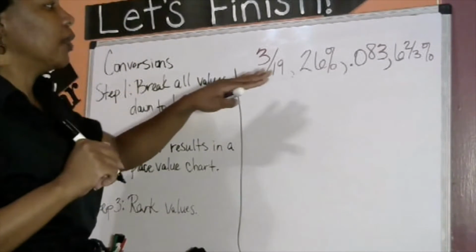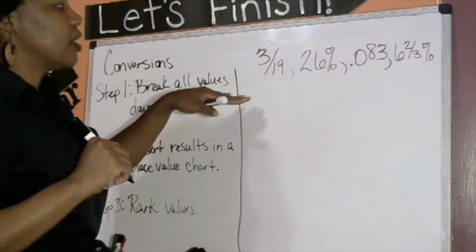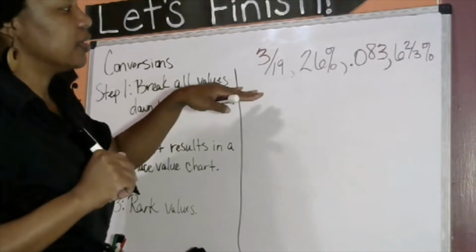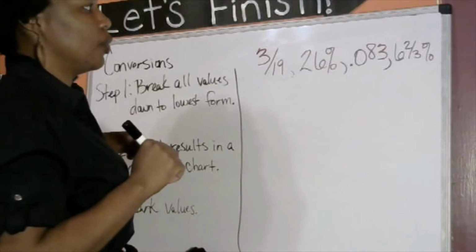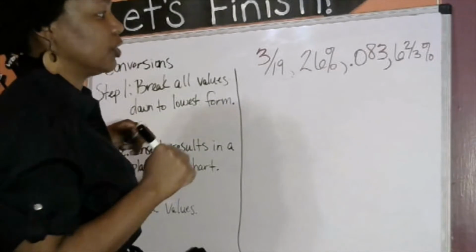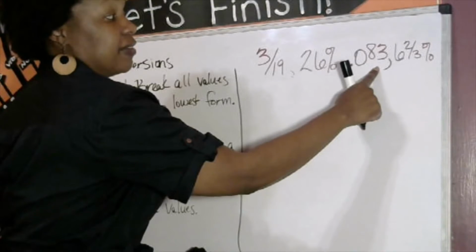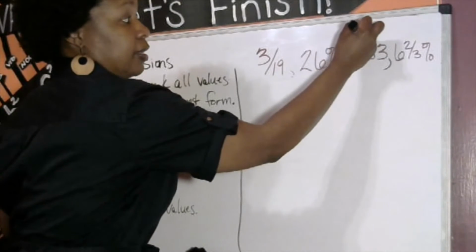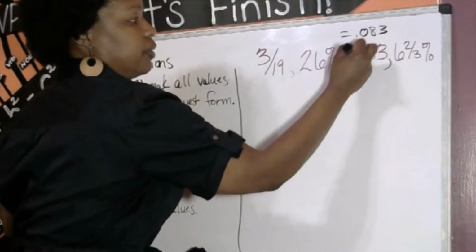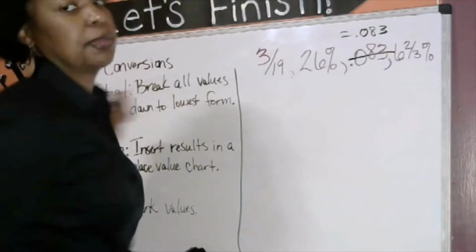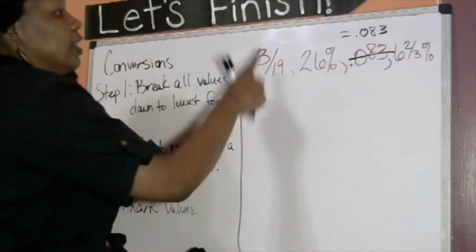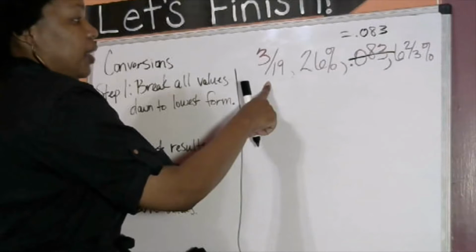Okay, so we want to convert these into decimals to see which is least, which is greatest, and how to rank everything in between. So we already have a decimal here. This is taken care of already. We only need to cross it off the list. Now, let's deal with